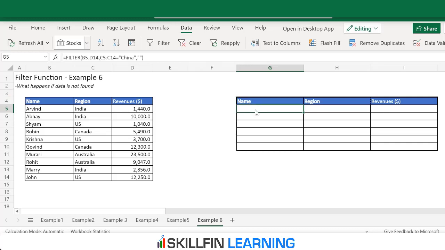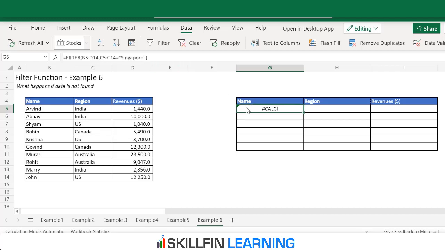Let's see. We will type =FILTER, range, then name of the country is equal to Singapore within inverted commas, bracket close, and enter. It gives an error which is #CALC, which means that the data is not present.